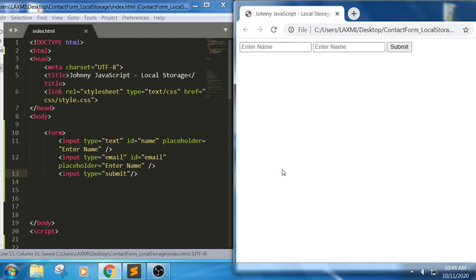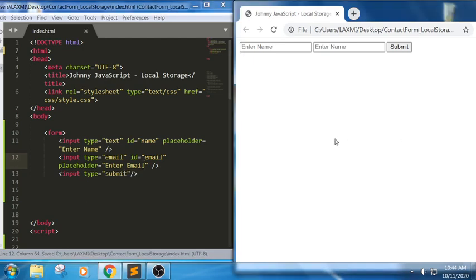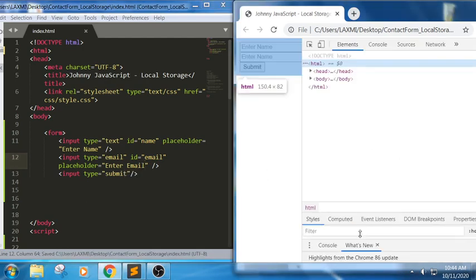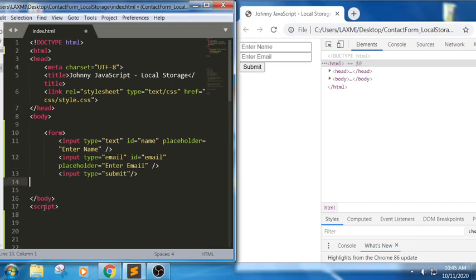See here we got 3 values. I just want to replace this placeholder with enter email ID. So this is our HTML part: enter name, enter email ID and all. Now let us look into the JavaScript part of this.